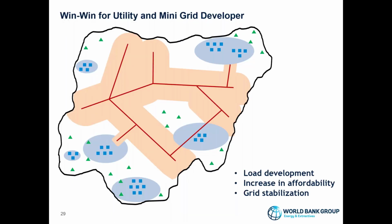At the same time, we clearly see this as a win-win for the utility and the mini grid developer. Because of the cost reductions, these mini grids can now be built according to grid standards, with 24/7 high reliability of electricity provision, as well as a distribution network built according to grid code. That once the grid arrives, it's a very straightforward technical